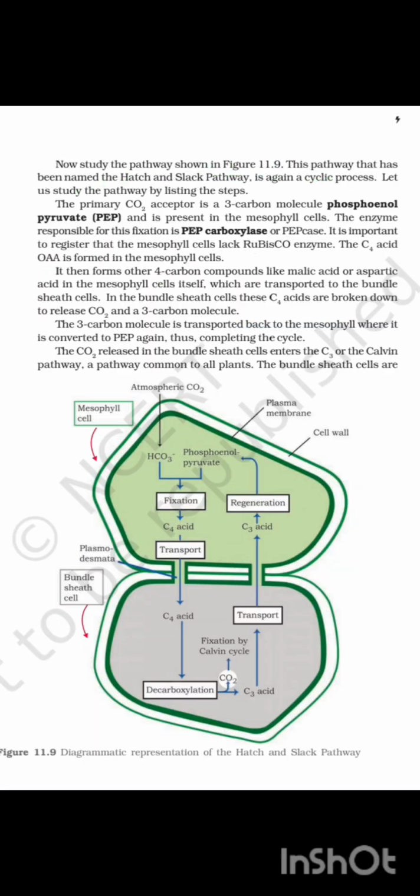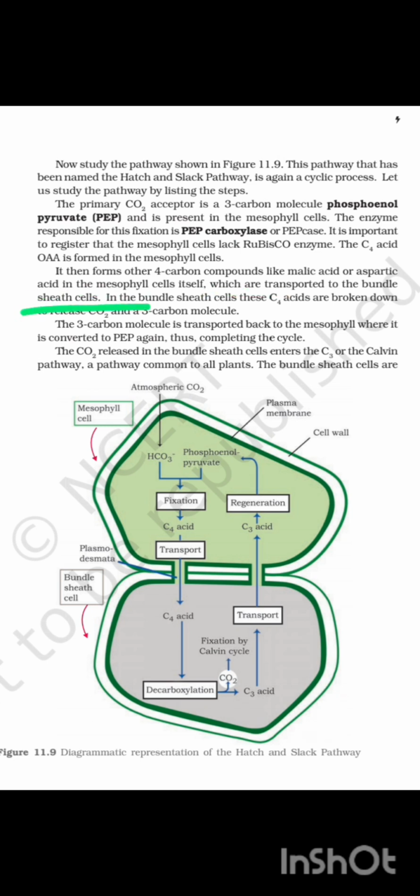This pathway that has been named the Hatch and Slack pathway is again a cyclic process. Let us study the pathway by listing the steps. The primary carbon dioxide acceptor is a 3-carbon molecule, phosphoenol pyruvate, PEP, present in the mesophyll cell. The enzyme responsible for the fixation is PEP carboxylase or PEPcase. It is important to register that the mesophyll cells lack the Rubisco enzyme. In the C4 pathway, OAA is formed in the mesophyll cell. It then forms other 4-carbon compounds like malic acid and aspartic acid in the mesophyll cell itself, which are transported to